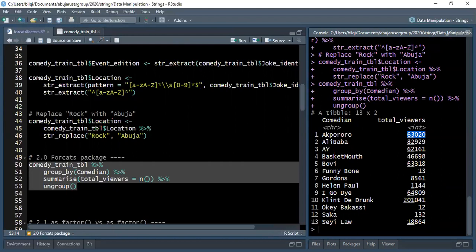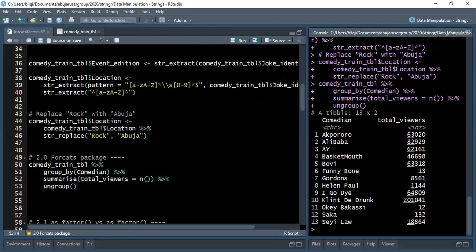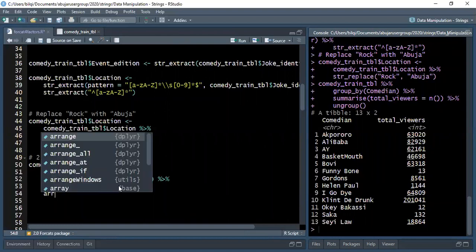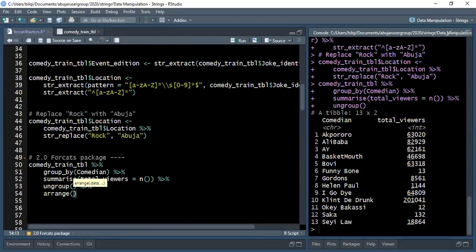We want to arrange the comedians based on the number of viewers. We want to arrange them from the highest to the lowest. So we're going to use the descending order function within the arrange function as well. So we come down and say arrange. So we want to arrange the